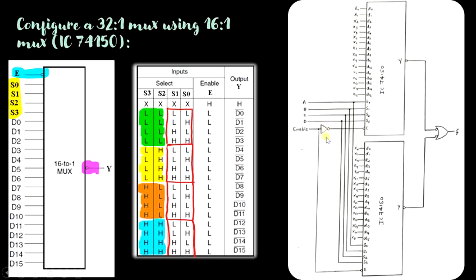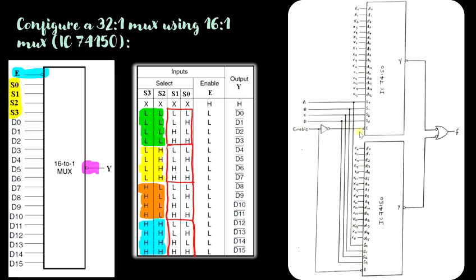have done here is, can anyone tell me what it is that we have done here? For 32:1 mux, totally how many select inputs are required? I am asking you a question. Did you understand the IC 74150? The truth table, you understood? You understood the 16:1 mux? Now tell me, how many select inputs are required for 32:1 mux?